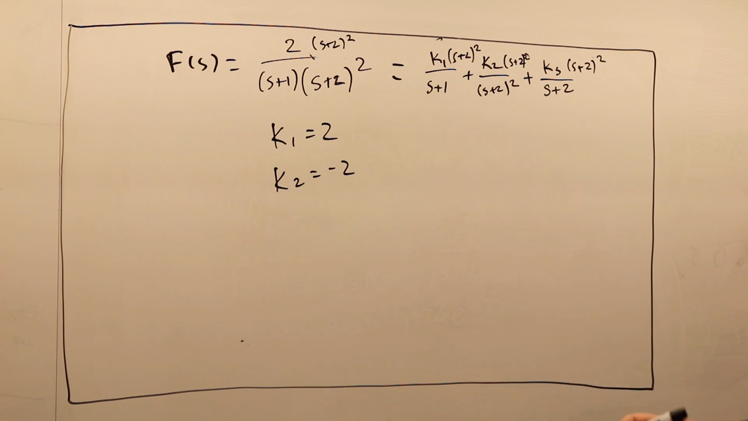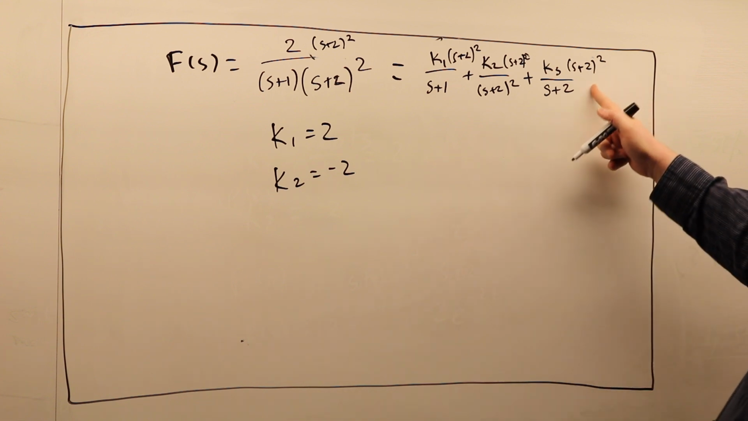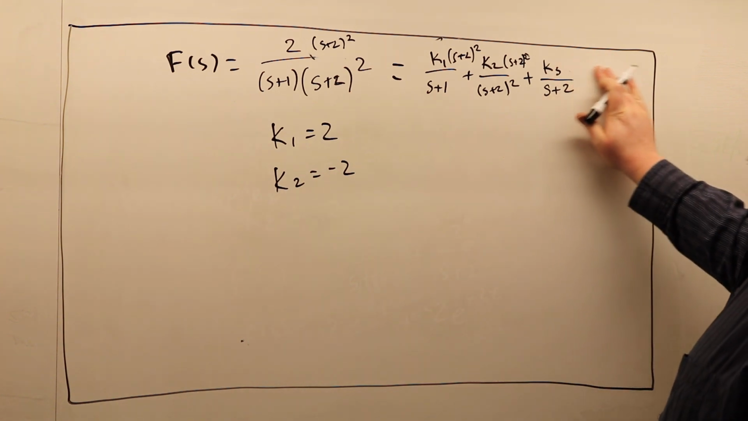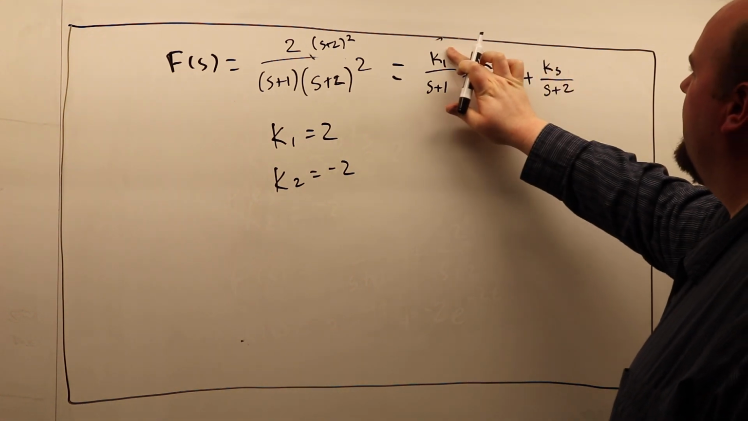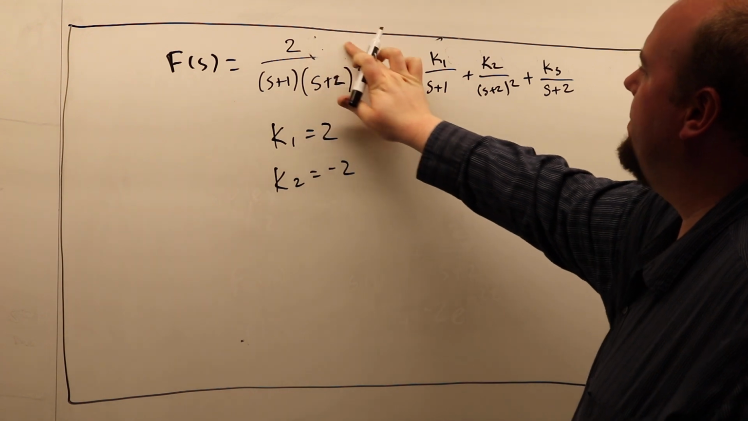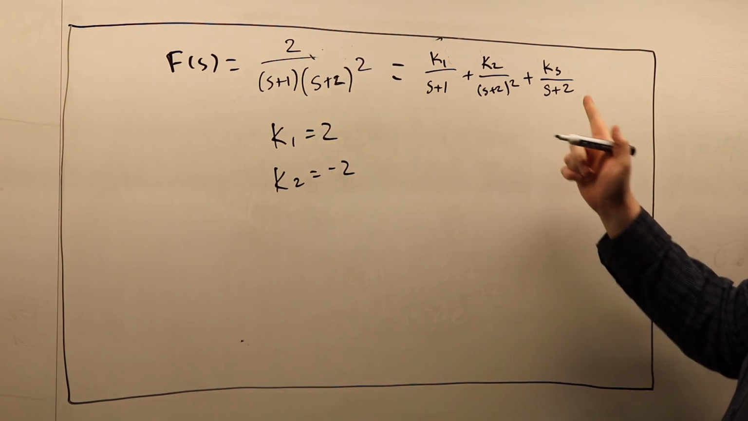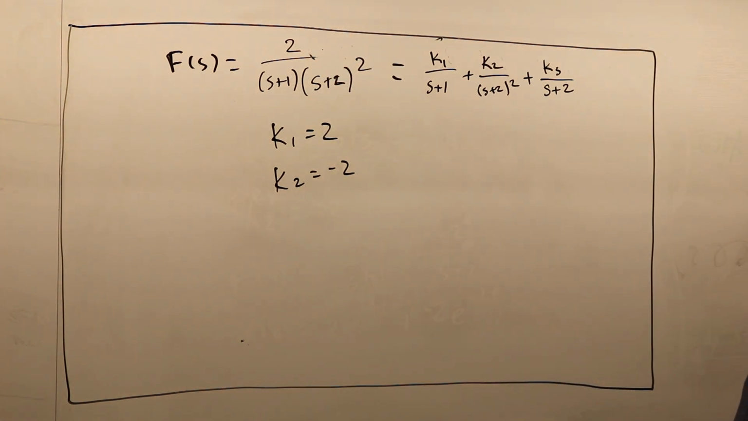Okay, so the last part is what's tricky. The last part is solving for k3. If we were doing our normal approach we've done so far, solving for k3, what's going to happen here? If we were doing our normal approach where we just multiply both sides by s plus 2, the problem in